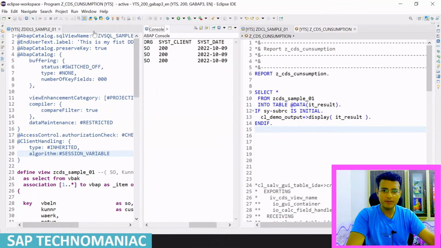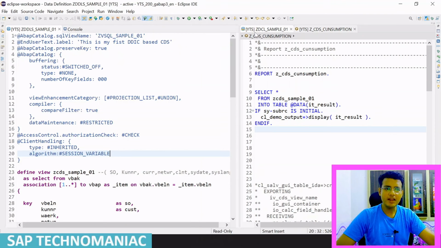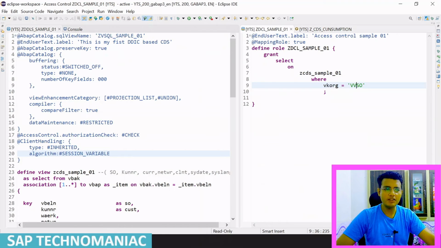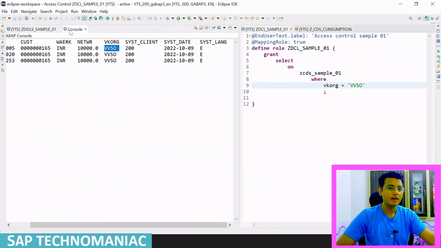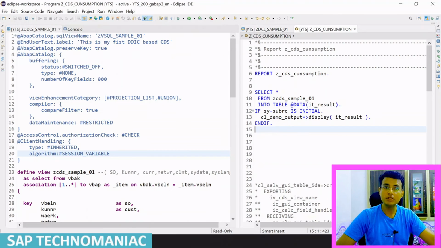Let me open it up here. So for the VKORG VBSO, if I change to another VKORG, instead of VBSO, I will do 1701, then I will get the data only for those particular entries. Whenever we are accessing the data using CDS, using the select statement,